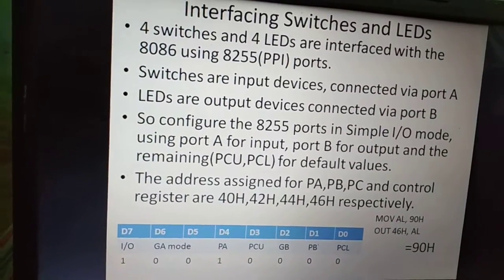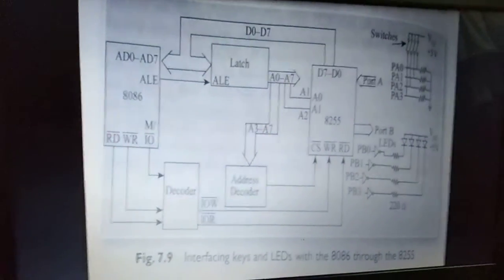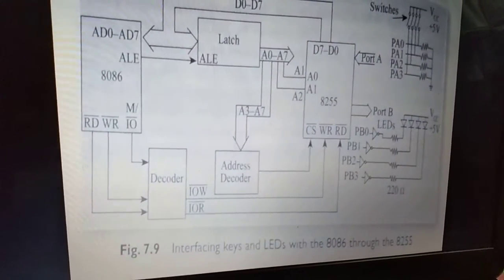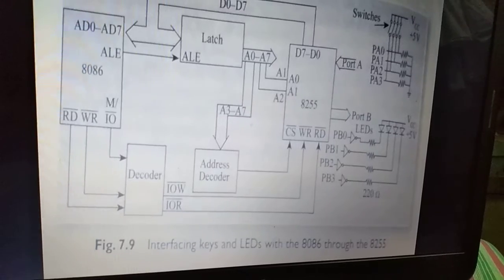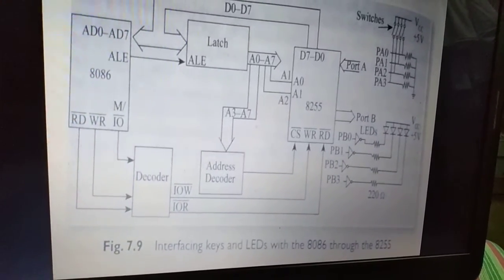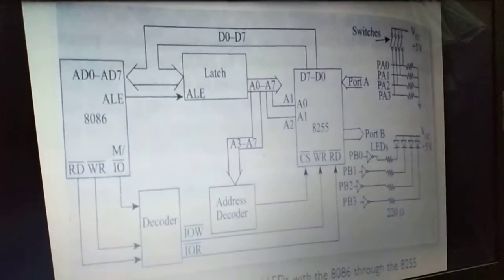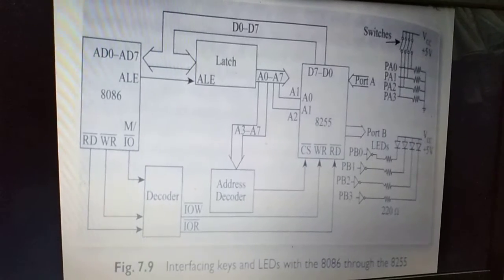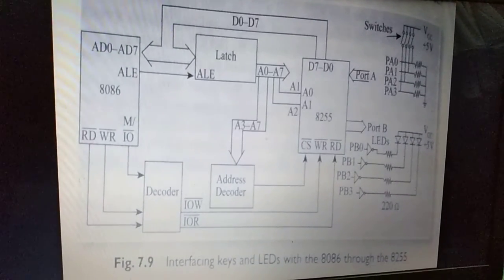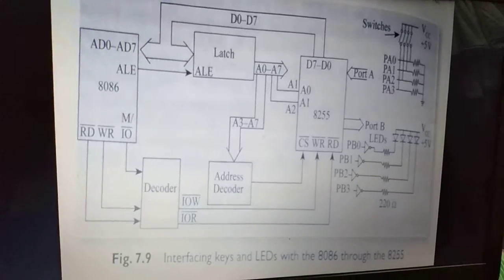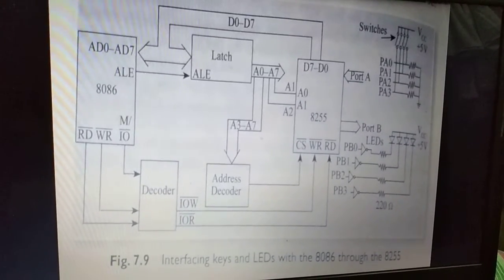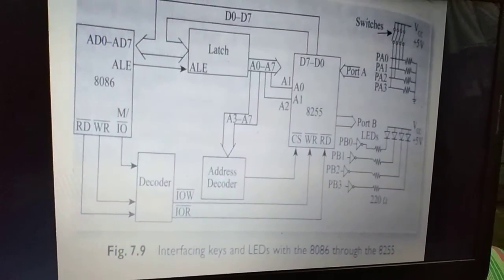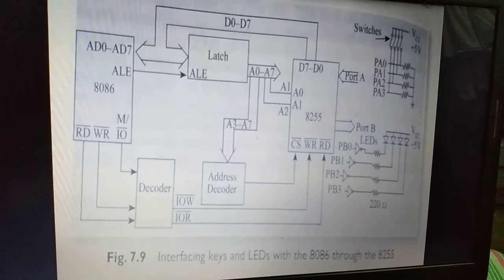Now let us see how the microprocessor is connected with these 4 LEDs and 4 switches via the 8255 ports. In this diagram you can see that on the right hand side we have 4 switches. They are connected to port A. The pins PA0, PA1, PA2, PA3 are connected with the 4 switches, and from these switches we are going to read, so port A is shown as an input. For port B, the arrow is given to the outward side. PB0, 1, 2 and 3 are connected with the 4 LEDs, so port A is used for input and port B is used for output.